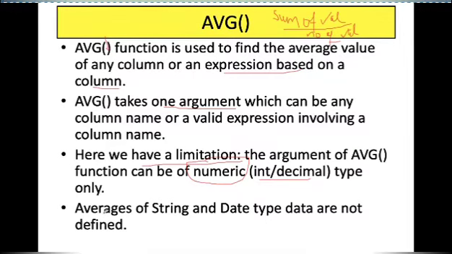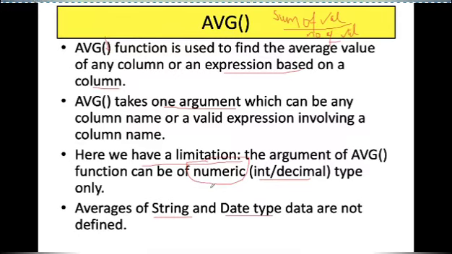It was possible in min and max, minimum date, maximum date, or minimum name, which in terms of dictionary alphabetical order, whatever is minimum it will give you, but not in the case of average. You can't find the average of string or date data types. So the average function only considers numeric values.